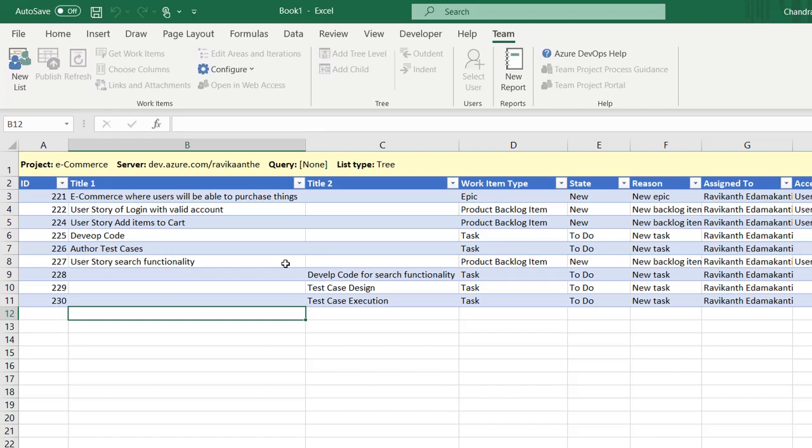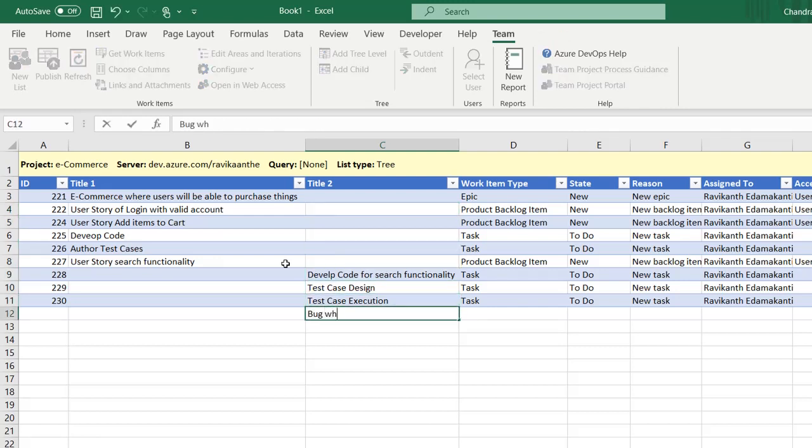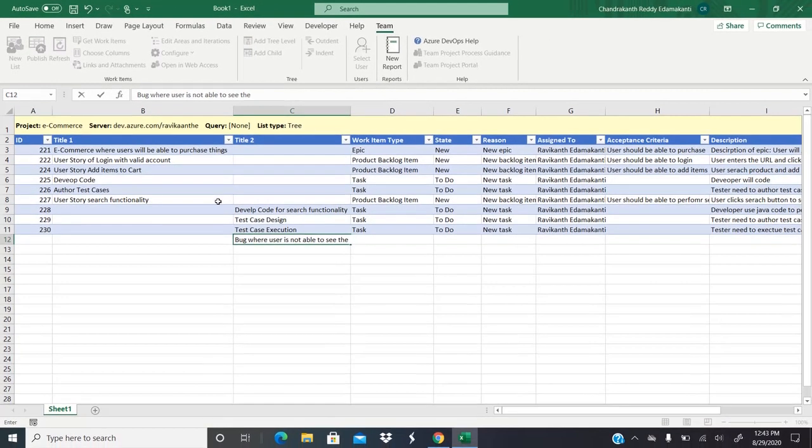Or let me upload bugs. So let me first explain how we can upload bugs, for example, or how we can upload test cases also. Let's assume whenever I execute test cases, the tester will report bugs, right? Let's say for this particular user story, you would like to report a bug. Because a bug is a child of a user story, I would like to use a child column called title 2. So let's say: bug where user is not able to see the product he is searching